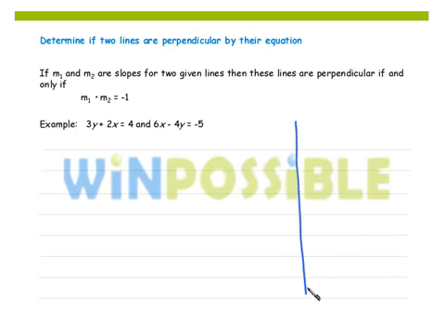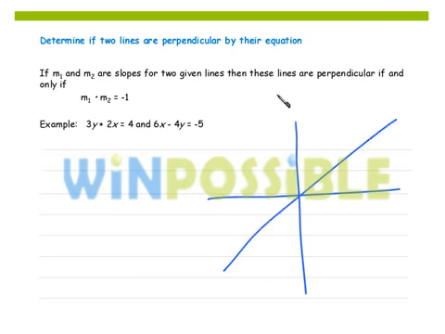Okay, so if you have two perpendicular lines, they'll look something like this. One line going this way, another line going this way. At their intersection, a right angle is formed, a 90-degree angle. Okay? And how this reflects in their respective equations is that the two slopes will be opposite sign reciprocals of